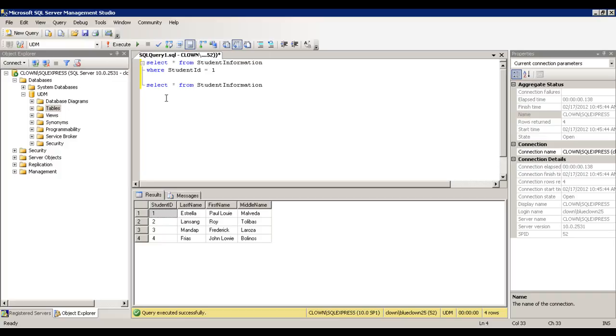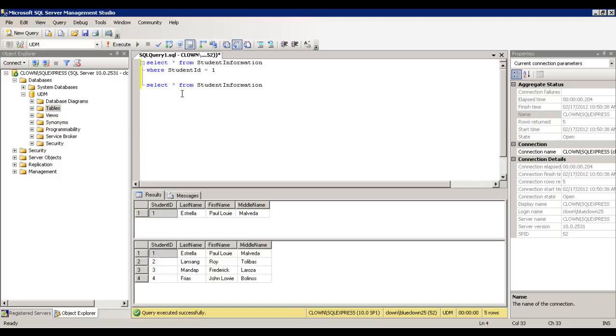Let's execute it and it shows two results, the result of this statement and the result of this statement. In the first statement we only got one row because student ID is equal to 1, while the second statement is the result of everything from its table.